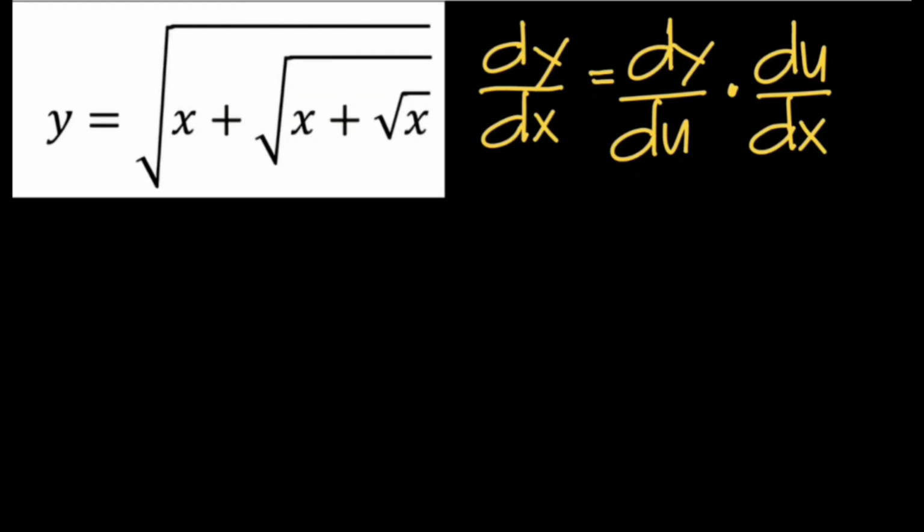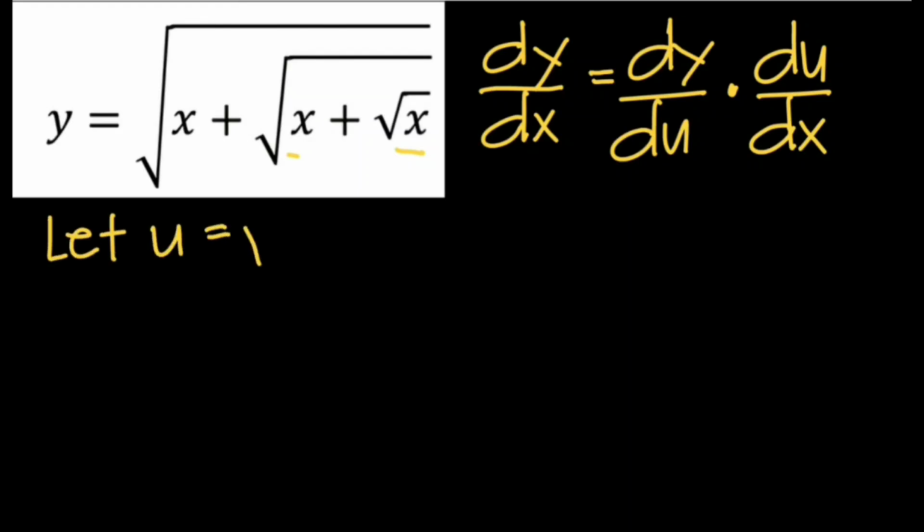Now to solve this, we have to define u first. In this case, we have multiple expressions here. We have the inner expression, square root of x, and then square root of x plus square root of x, and then square root of x plus square root of x plus square root of x. So we can let u